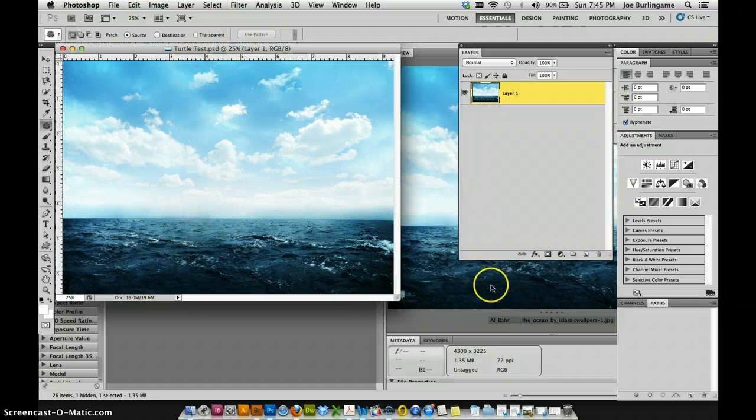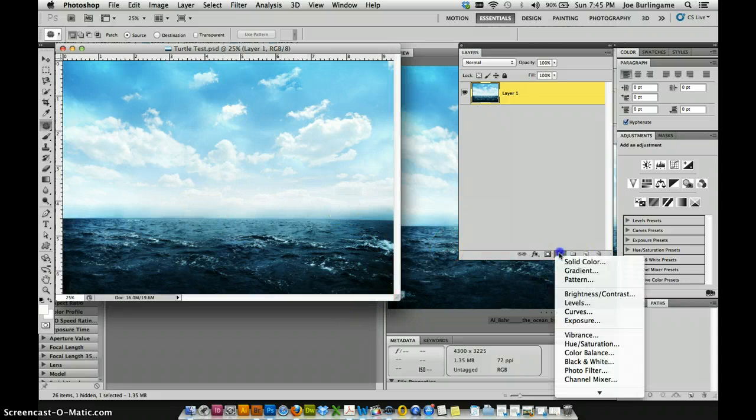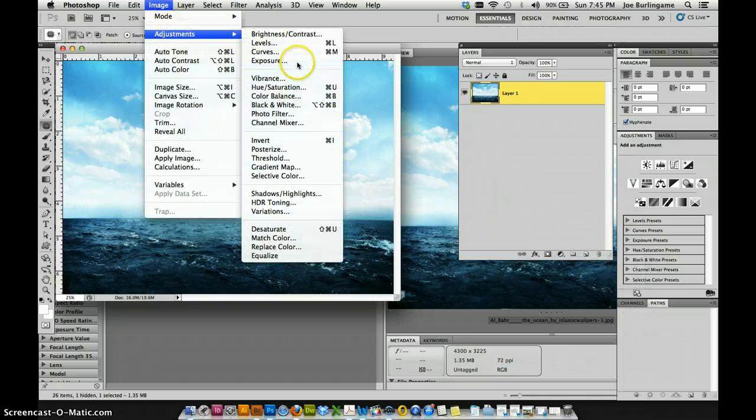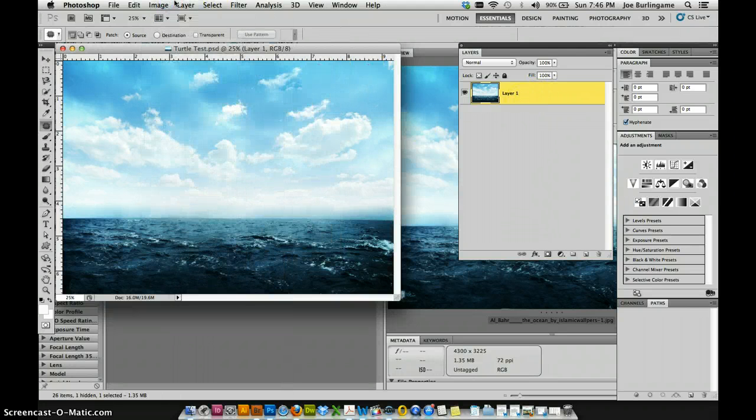Okay, now the tutorial walks us through different layers, adjustment layers, using the non-destructive method of creating an adjustment layer. When you create it this way, you're not affecting the layer itself. You're not degrading the layer. So it's best to do it this way rather than do image adjustment in this menu where you're actually affecting this layer right here. Of course, you could just duplicate the layer,